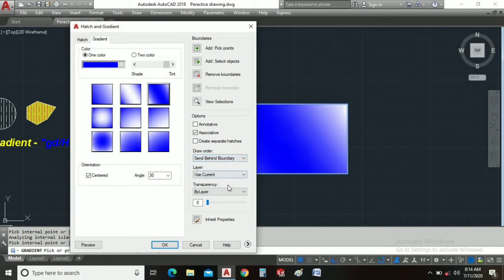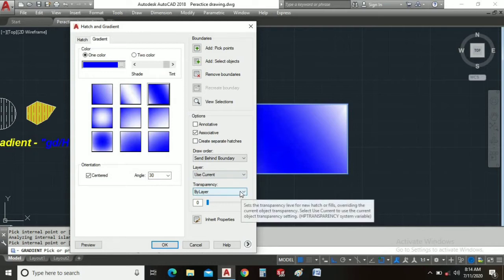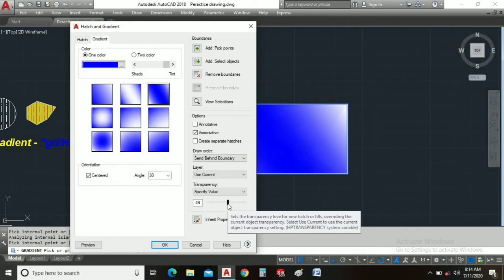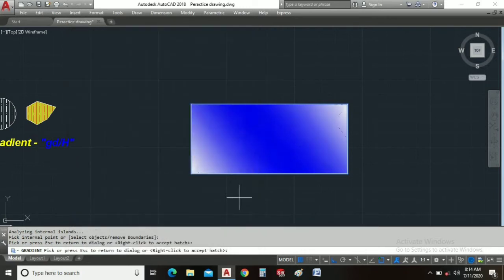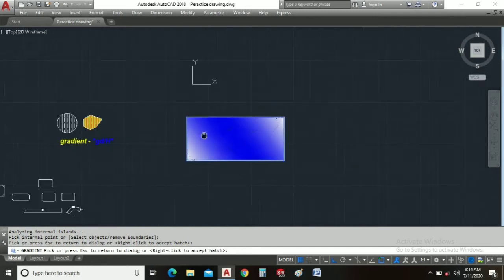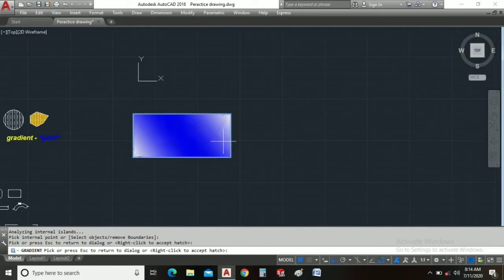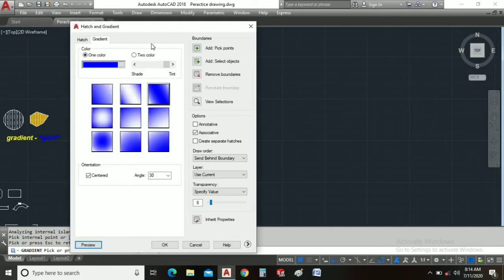Then there is the transparency of the hatch. You can see by layer, and we can increase or decrease the value from here to here, 0 to 100. You can see this is a preview. Alright, as you can see guys, this is the concept of one color gradient.